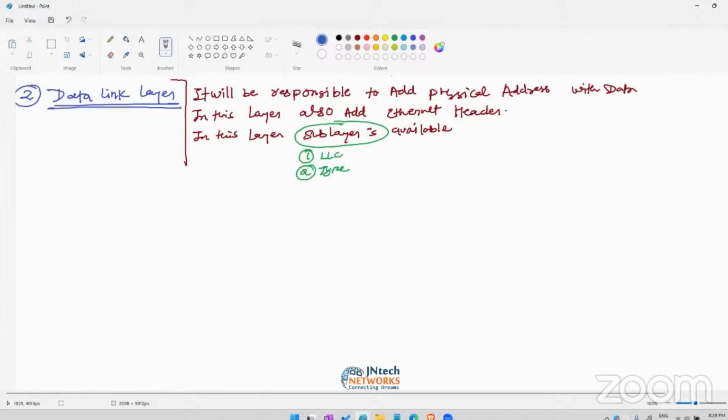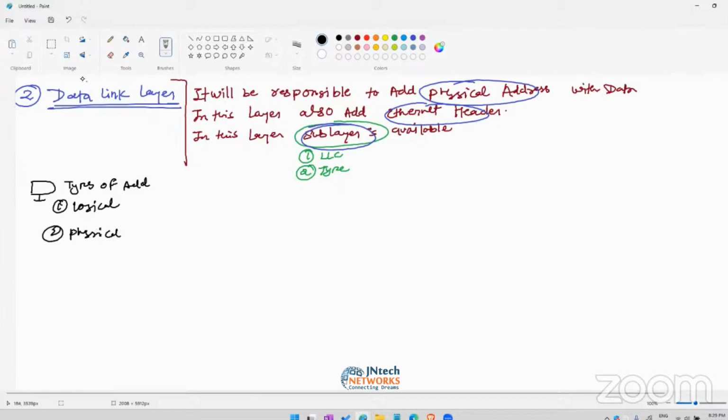Now, first we need to discuss the physical address, second is the Ethernet header, and third is the sub layer information. If you are having a PC, it has two types of address. First is logical, second is physical. Physical we need to discuss. Logical we already covered on the network layer. So physical means